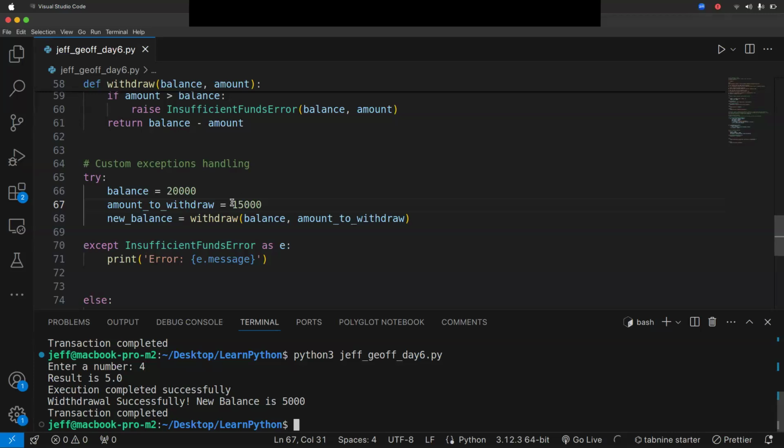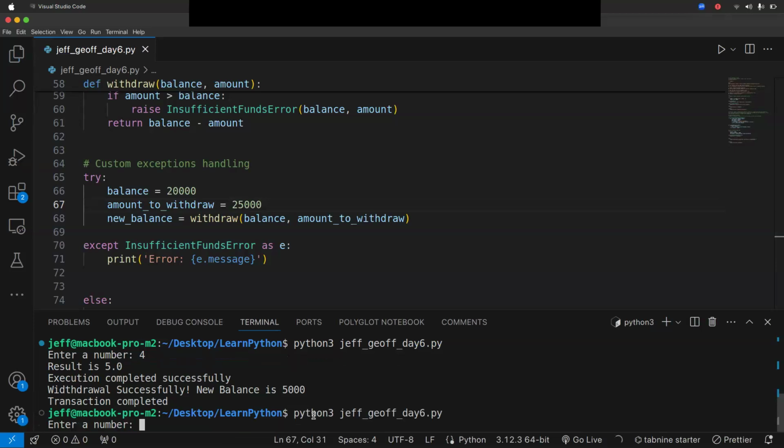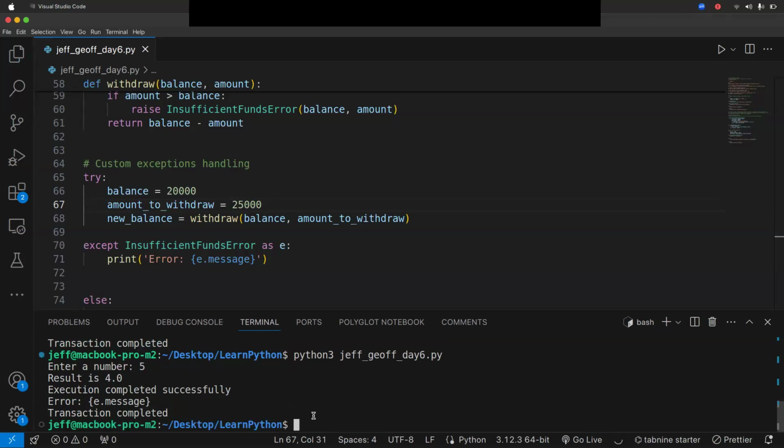When we try to do an amount which is beyond, let's just change here to 25K. We get that error because this is the insufficient fund error, which is basically returning us that error because we wanted it to also return the balance. So that is how you can try to have the errors of withdrawal.